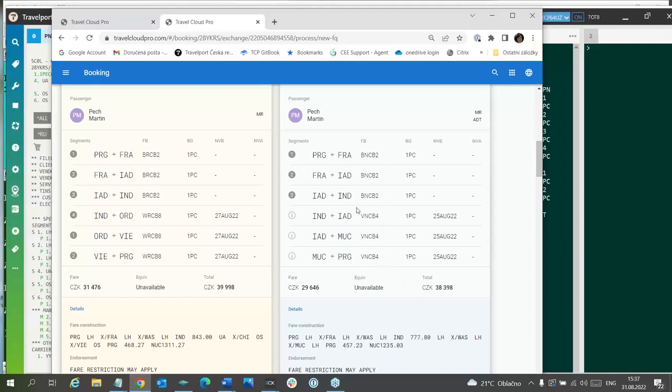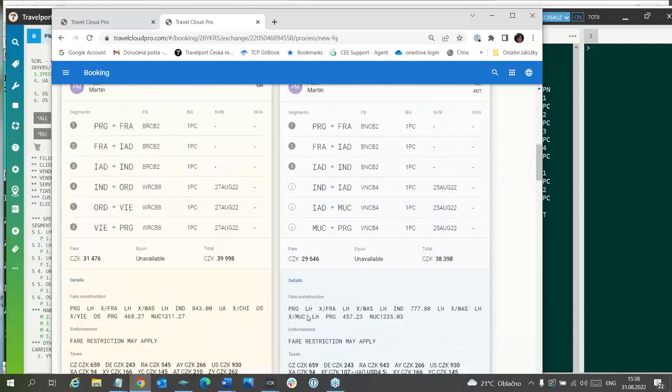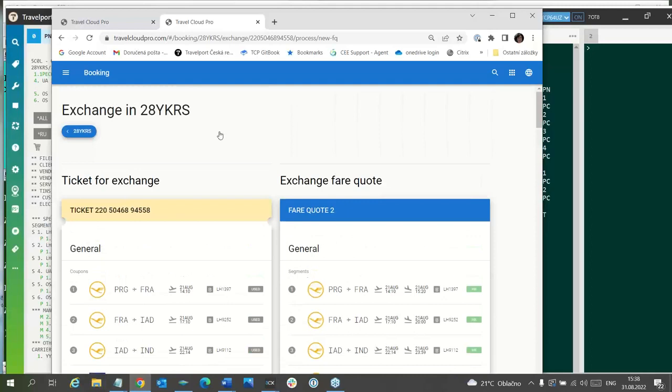And according to the condition of the fare, it is written that the same fare family must be used. So it is not a correct fare calculation, and therefore I need to do another one. If you would like to go back, you will click here.